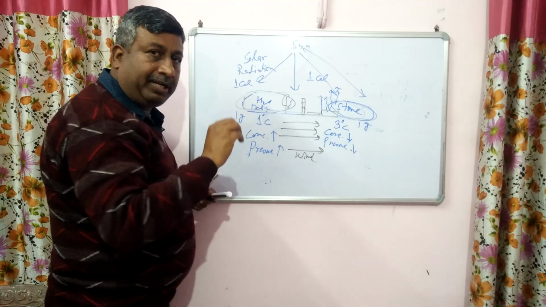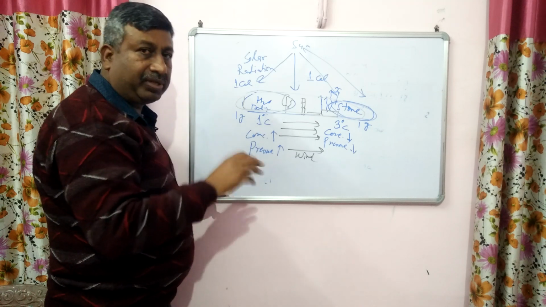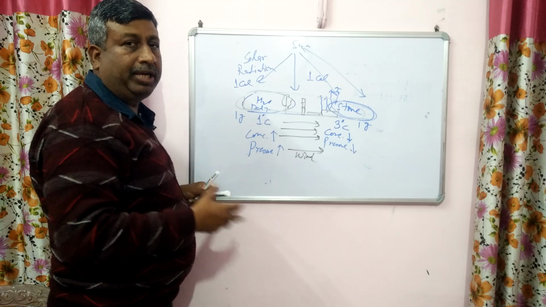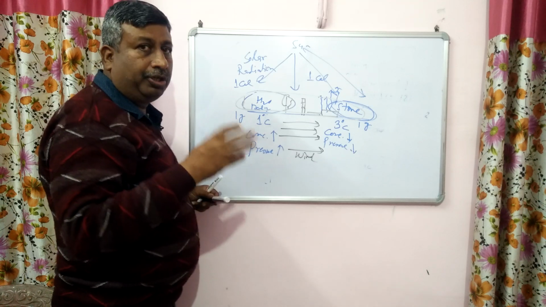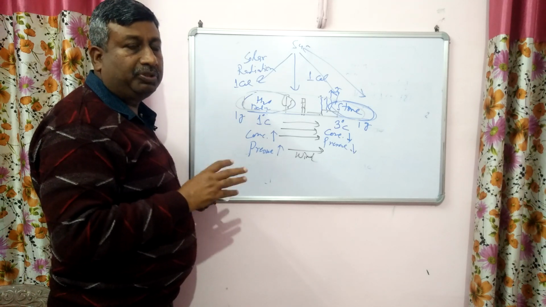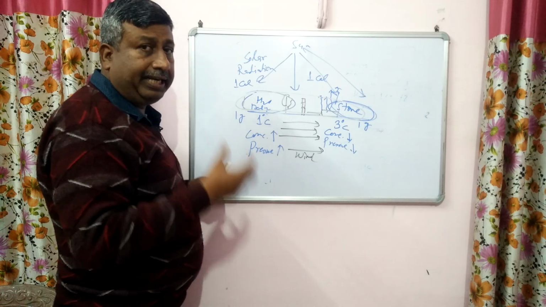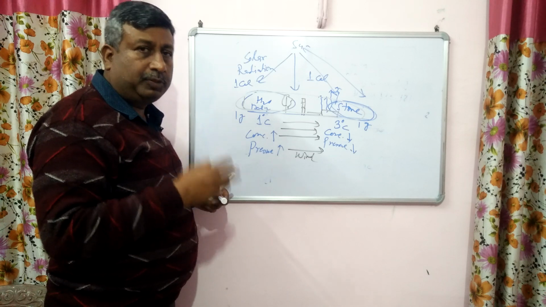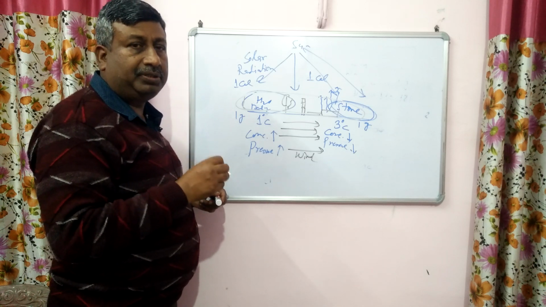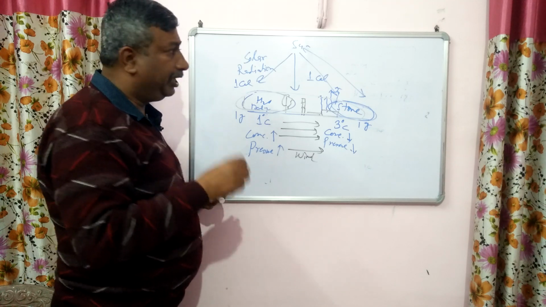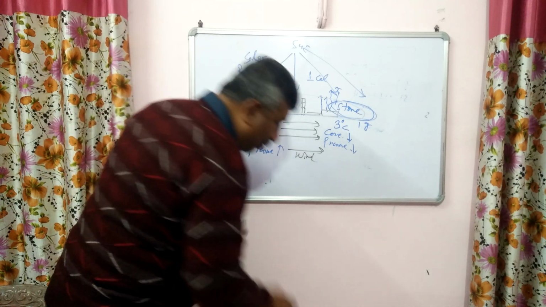So there will be different pressure gradient, different concentration gradient, and air will move to equalize the pressure and concentration. So this is the factor which is responsible for wind movement. So we see that differential heating on the earth is responsible for different concentration, means different atmospheric pressure, and this difference in atmospheric pressure causes the movement of air, that is known as wind.